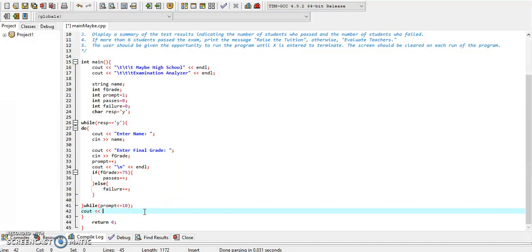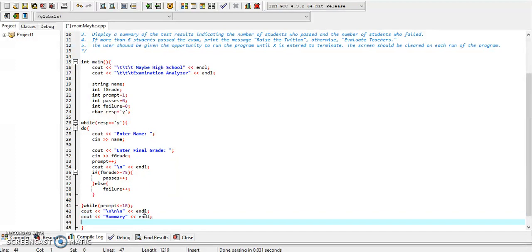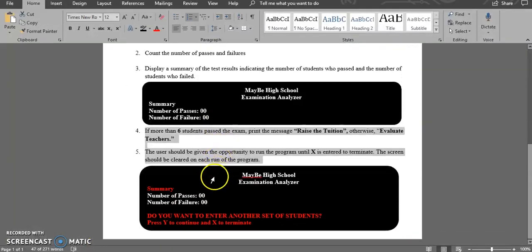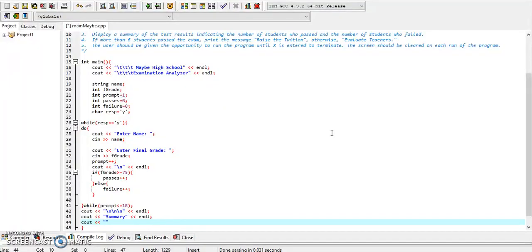So first of all, I think we should add some new line characters in the line, and then we'll cout summary, because this is what we're trying to find right now, and we'll end the line, and we'll cout the instruction. So the summary says number of passes and number of failures. So we'll cout number of passes